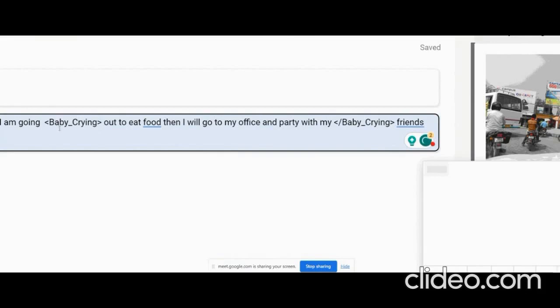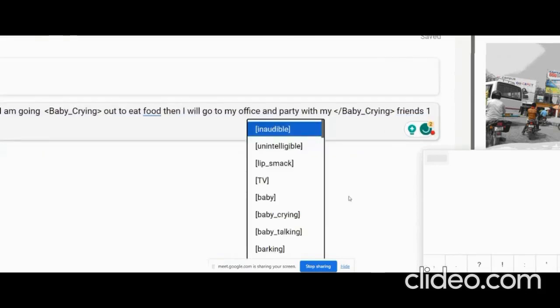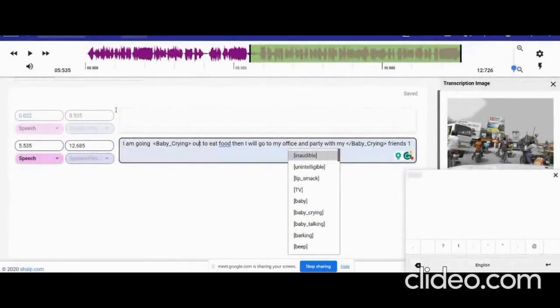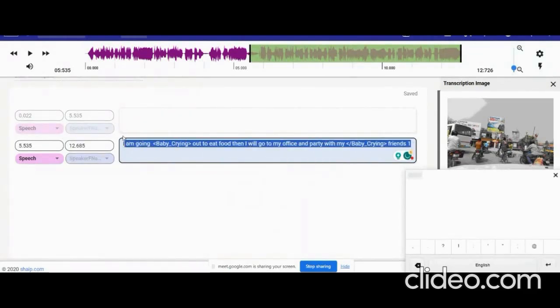So, understood when to use the open and the close one and the difference between these tags. These single tags you will use when the noise is a fraction of a second. The opening and closing you will use when the speaker is saying something and the noise in the background is continuous. Understood, team? Yes, sir, understood. So this is all the project is about. All the guidelines and the recording would be sent